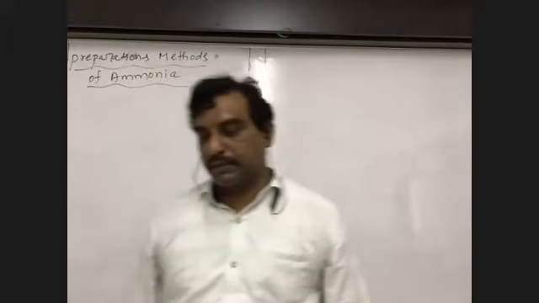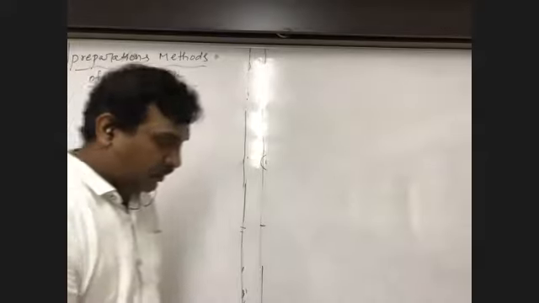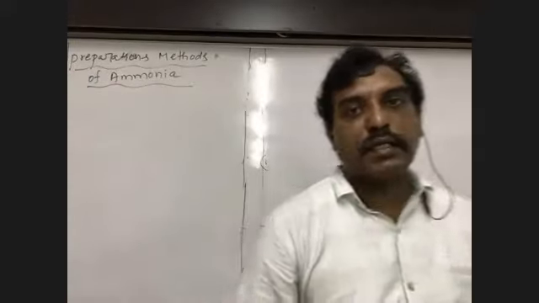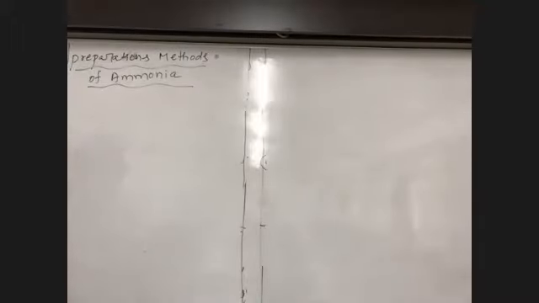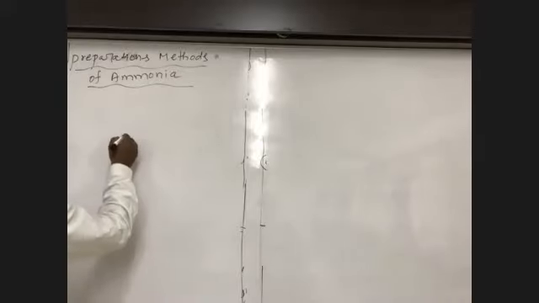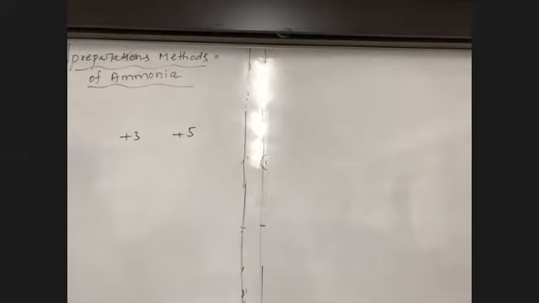Okay. The preparation methods of ammonia were already discussed in the last class. The general properties of 15th group elements: in the general properties, especially we have to take oxidation state. The general electronic configuration of 15th group elements is ns2 np3. So the maximum oxidation state is +5 and the minimum oxidation state is -3. In addition, the remaining elements also exhibit two types of oxidation states, +3 and +5.